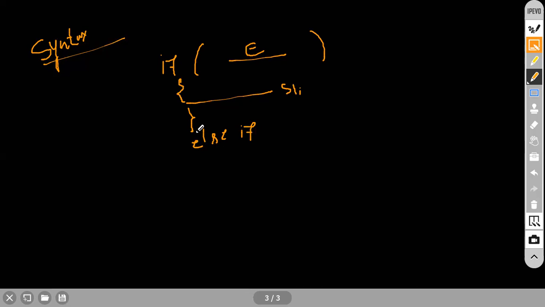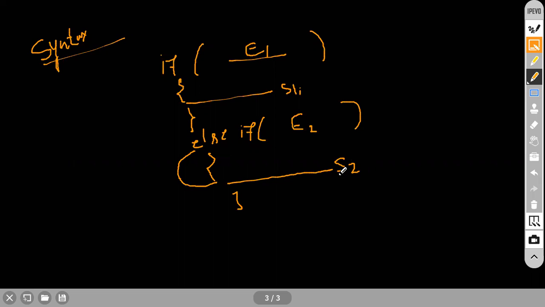Understand? After that, the control will come to the else part. In the else part, I will provide one more condition, that is, an if condition here, with one more expression. I will call the first one expression one, and this one expression two. Here also, if expression two is true, then it will come here and execute this particular statement, that is S2. Understood?